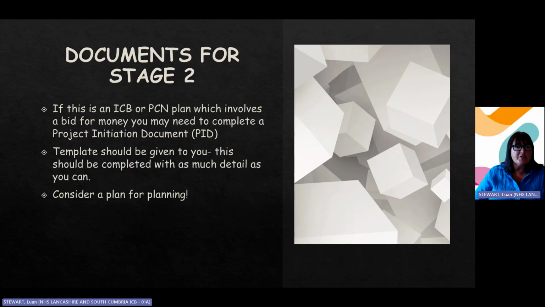You may have to go through some documents that involve you completing a project initiation document or a PID. Often that will be the case if it's an ICB led plan, that they need you to complete one of those, and then they will give you a template generally. Make sure you make that template really, really enriched, gets as much detail in as you possibly can,